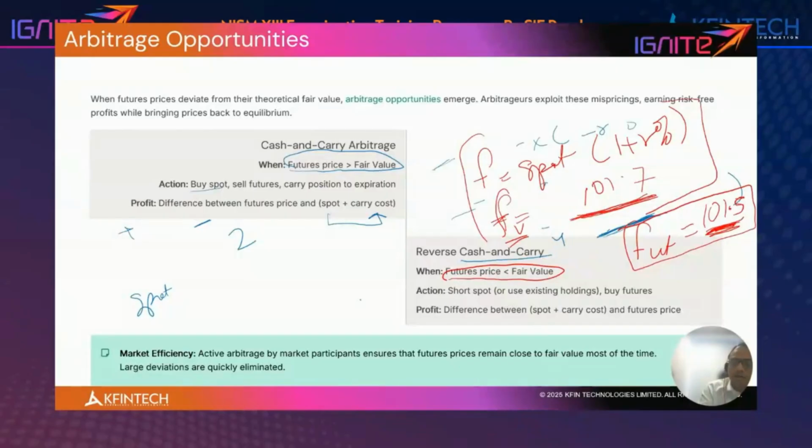What will you do? You will short the spot. Suppose the spot is trading at 101.4. So you short the spot and buy the futures. Why will you buy the futures? When you buy the futures, it will be 101.5. Because you know the futures price 101.5 will have to come to 101.7 to establish the no arbitrage